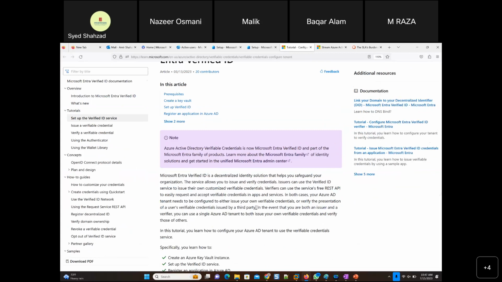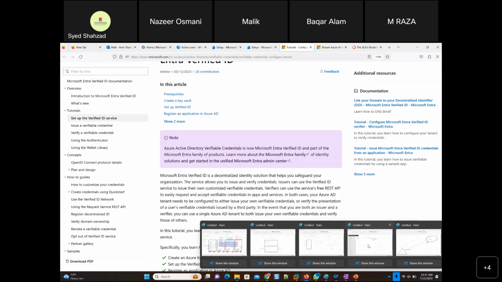So wherever the username and password is being used, a third party, maybe some other company like Dropbox or Salesforce, is connecting with us in our company's Azure Active Directory. So if you are letting some user connect with verified identity,